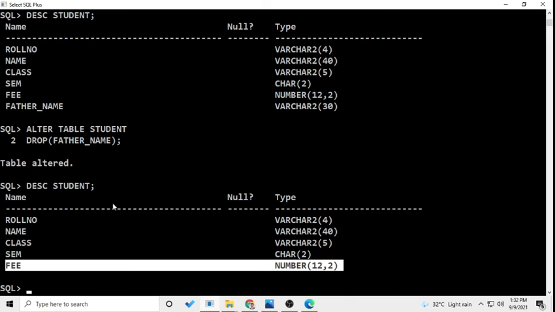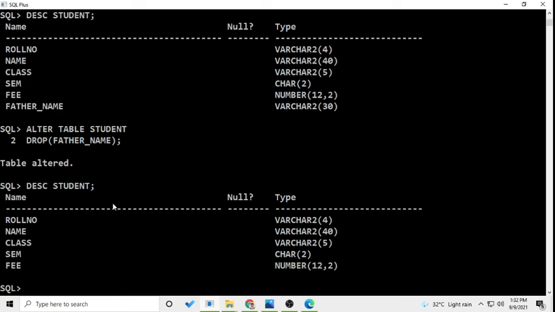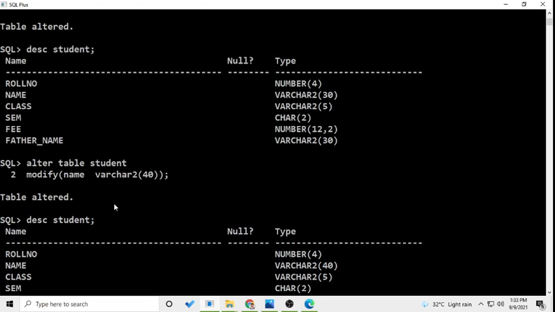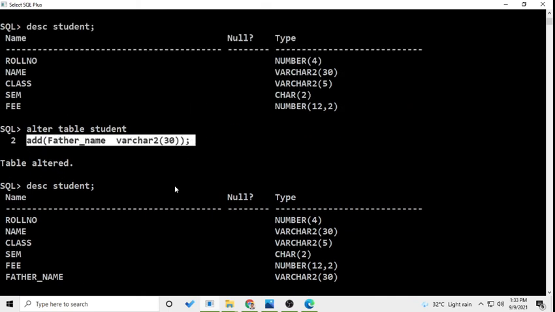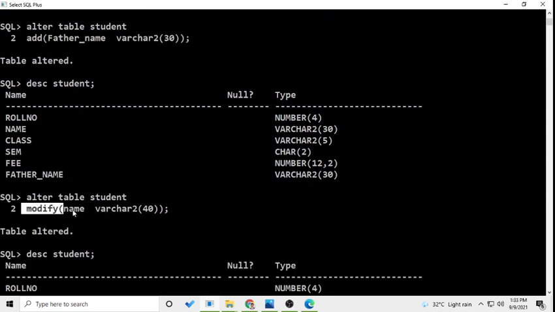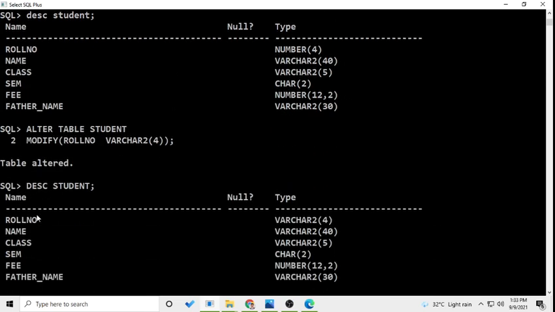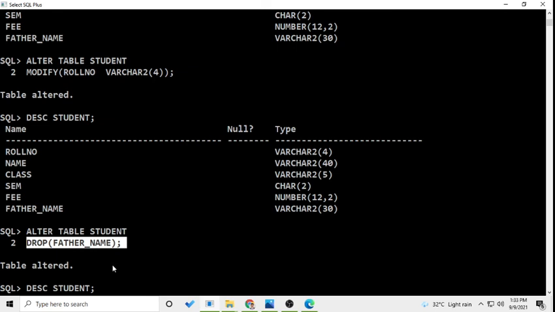So this is all which we can do. So with the alter table command, we have three options. One is add, which means we can add a column. Modify, we can modify a column. And the last one is we can drop a column. Parallelly, in modify, we can change two things. We can change the data type and we can change the size of the column. But make sure that before making changes in the data type as well as size, the column should be